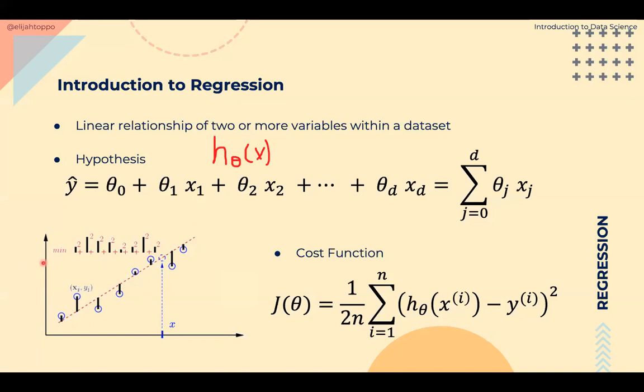Okay, so that is the output of my hypothesis function. Now, once we have this line, we also need to have some sense or some metric of knowing how good or how bad our solution is. For classification problems, our metric was accuracy, or something like precision, recall, F1 score, F beta score, and so on. For linear regression, we use a different kind of metric. The metric is called mean squared error.